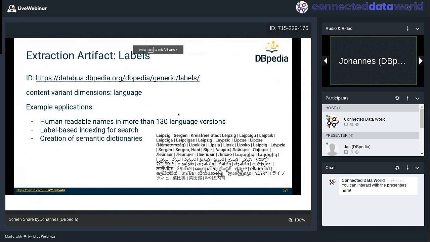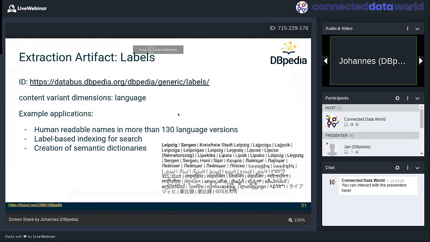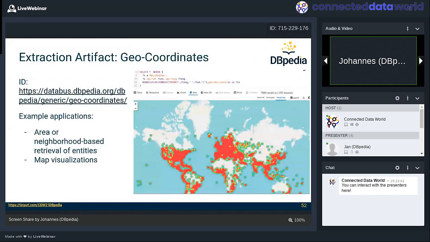This is particularly useful, for example, for visualization purposes or creation of semantic dictionaries or indexing for search. Another popular or useful data set is the so-called geocoordinates data set from the generic extraction, which allows you to